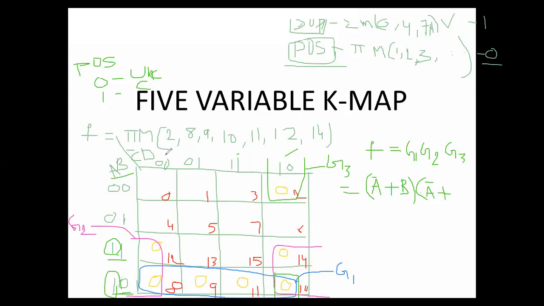CD values. What about CD variables? This group 2 belongs to 0, 0, 1, 0. Which is common here? The second 0 is common in both combinations. So this second 0 belongs to which variable? D variable. D equal to 0 means that will be represented as D. So A bar plus D. This is Z2. This is Z1.